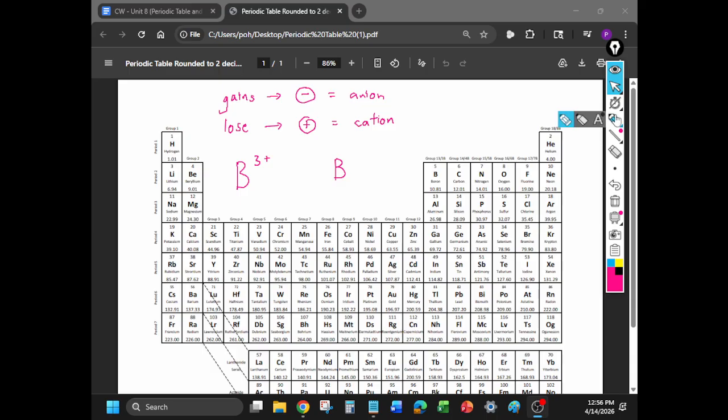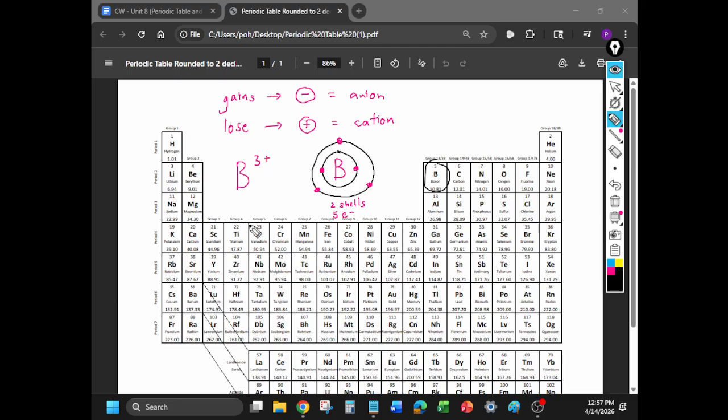All right, so hopefully regular B was pretty easy. Second row again, so it's going to have 2 shells. And the number on top of the box is 5, so we're going to have 2 electrons in the first shell, and then 3 in the second shell. Okay, everybody good? Okay, so I'm going to write down some of its stats underneath it. But it's going to have 2 shells, and it's going to have 5 electrons. Okay? All right, but we're going to draw B3 plus now,